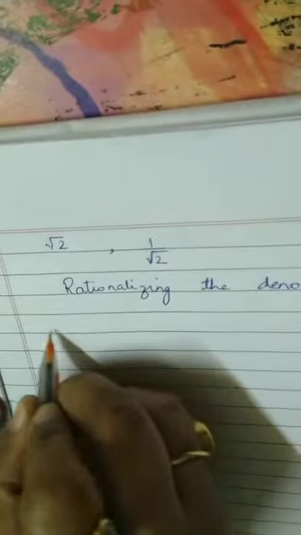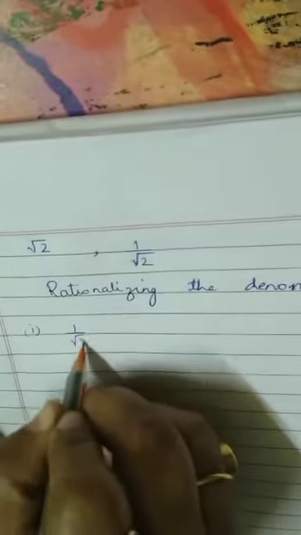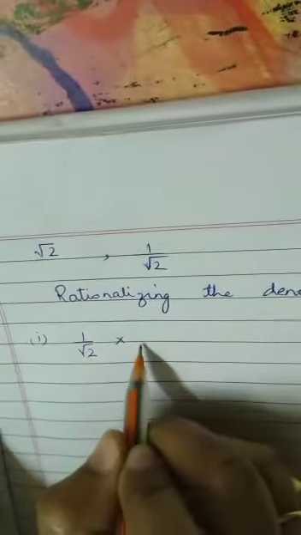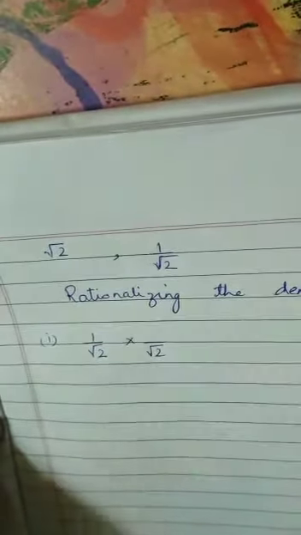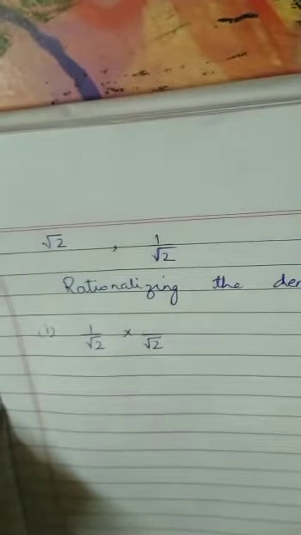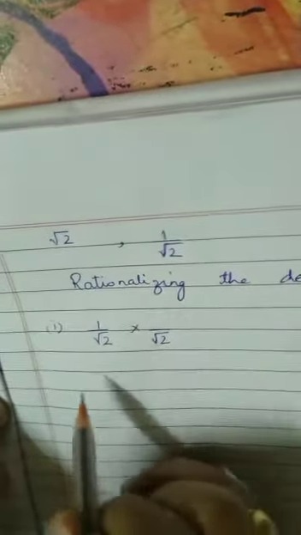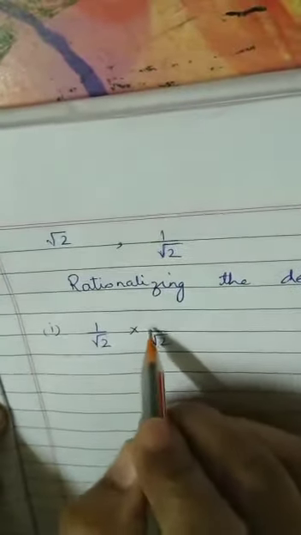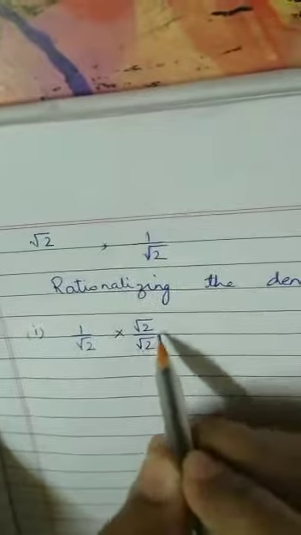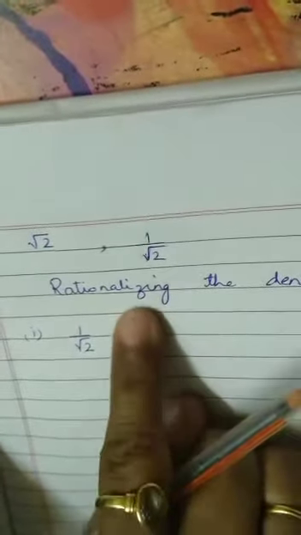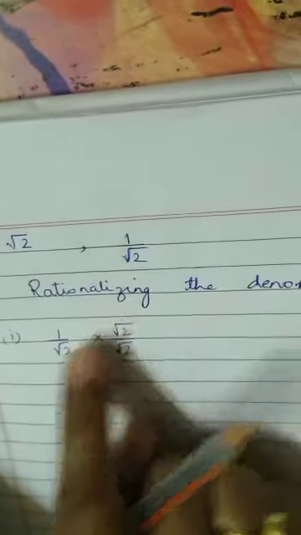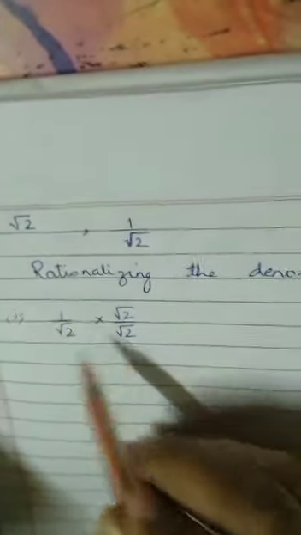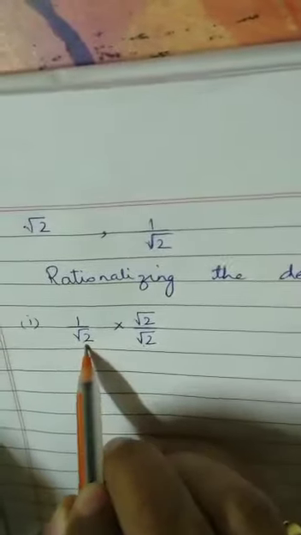Let me come to the same question. If I have 1 upon root 2, to rationalize, what I need to do is, root 2 into root 2 would make it 2. That means the root from the denominator has gone. But I can't multiply only the denominator, because doing that I will be changing the question itself. So we multiply the numerator and denominator. That means at any point of time, if I cancel out, I get back my original question. This is just an equivalent fraction of it. That is why we multiply and divide by the same number which is under the root. I hope it is clear.